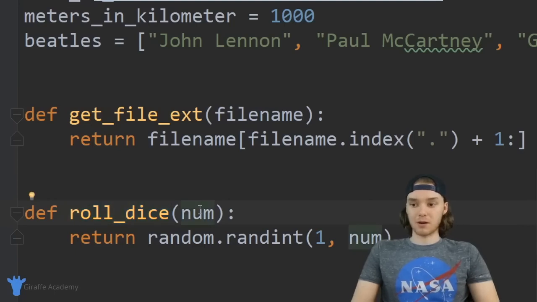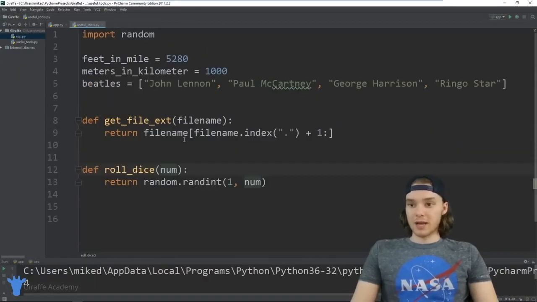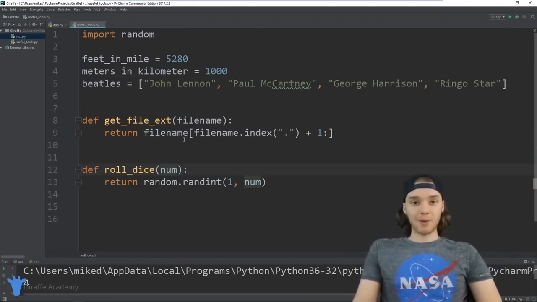So you pass it a number. If I pass it like a 6, it would roll a 6-sided dice. If I pass it a 9, it'll roll a 9-sided dice, etc. So this is like a Python file that I wrote, and it has some useful stuff in it. And honestly, there's a lot of stuff in here that I might want to use in the other Python files